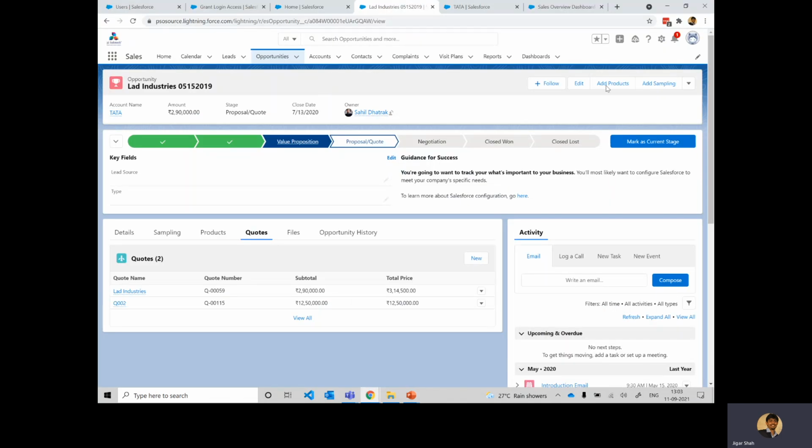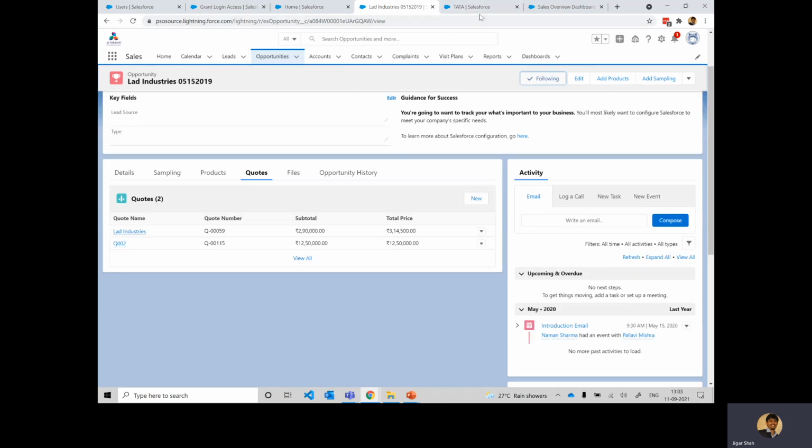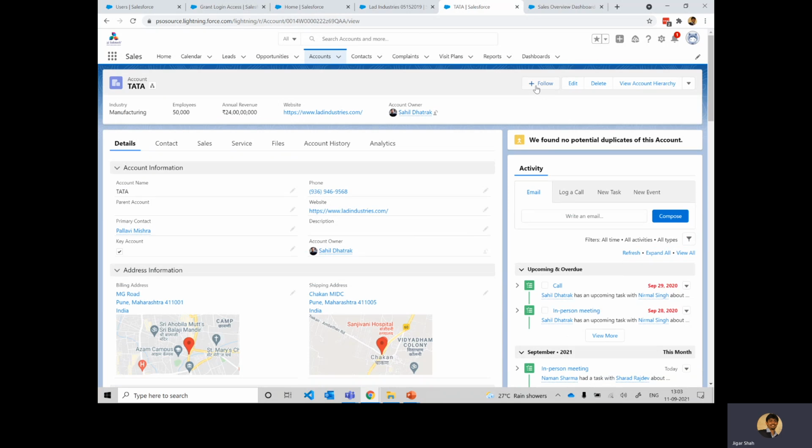So a quick example would be the follow button over here, right? If you simply follow this particular account, or sorry, opportunity, or this specific account, this acts as a great feature for key account management, right? Often organizations do tend to segment their customers, or customers who are at the top of the highest revenue generation for them.